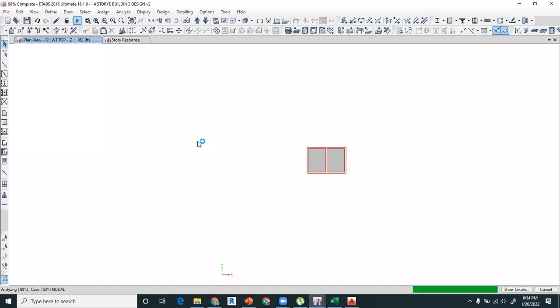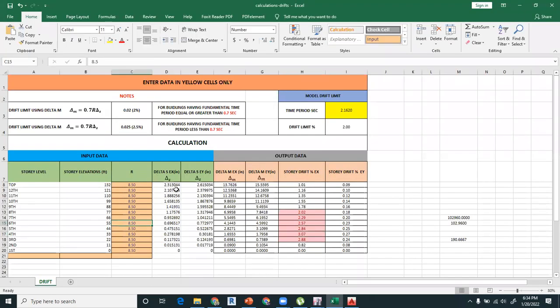और आर्किटेक्ट को कोई इशू भी ना हो। सर, प्रीवियस रिजल्ट्स जो आपने एक्सट्रैक्ट किए, उनमें कहीं ये शो हो रहा है कि इस जगह पर शेयर वॉल इंसर्ट कर सकते हैं, ऐसा डेटा में है सर? नहीं, ऐसा कोई डेटा आपके पास नहीं है, लेकिन आप खुद भी कंफर्म कर सकते हैं कि मैक्सिमम डिस्प्लेसमेंट कहाँ पर आ रही है। सपोज फॉर एग्जांपल ये मैक्सिमम डिस्प्लेसमेंट 2.3 है, तो नॉर्मली ड्रिफ्ट मैक्सिमम टॉप पे होती है, लेकिन किस कॉर्नर पे हो रही है वो आप ETABS में प्लान व्यू में जाके वेरीफाई कर सकते हैं।